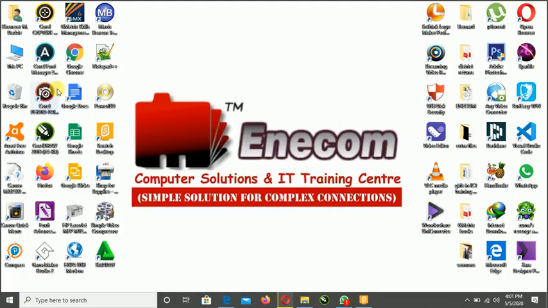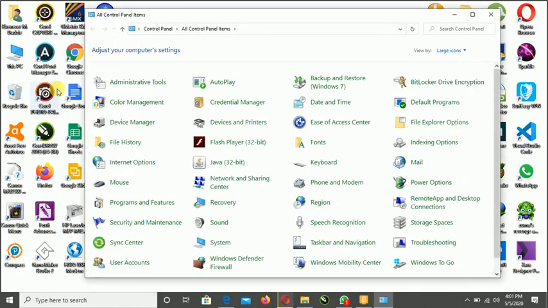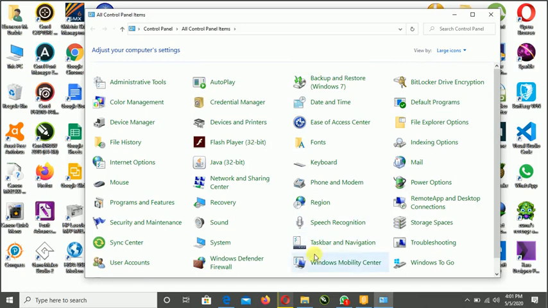As I made mention, Windows 10 is different from Windows 7. So in Windows 7, you go to start. When you click on start, the pop-up menu comes. You find the control panel at the right side of the menu. Then when you choose the control panel, these options will come for you. Then you're searching for monitor or display. So I'll just go through and find display or monitor,